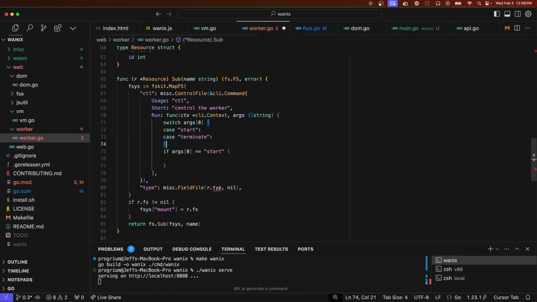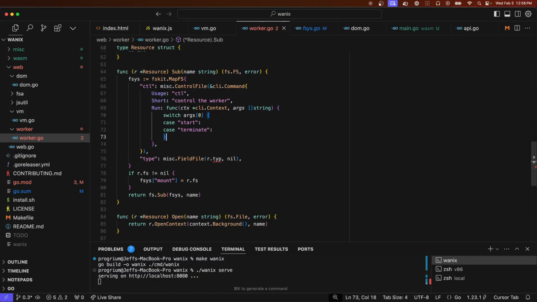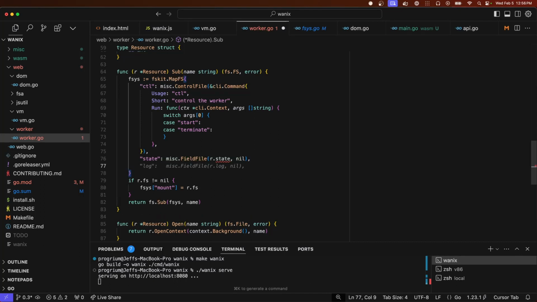Terminate. Implement here. Type. We don't have type. A couple of things I would want. One is the state of the worker. Also, maybe with the file system. I'll comment it out so there's